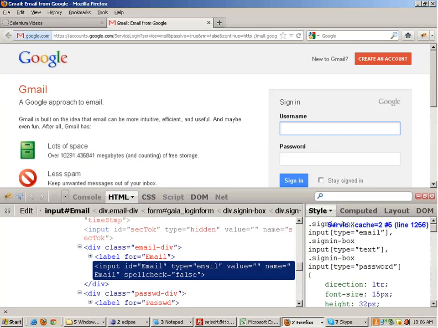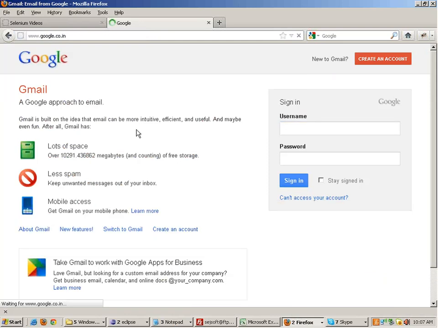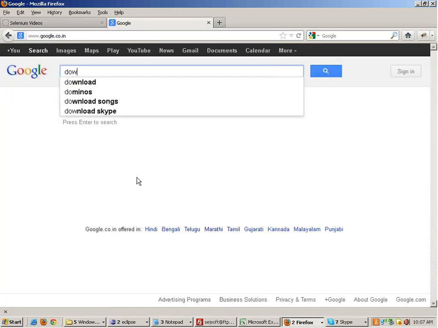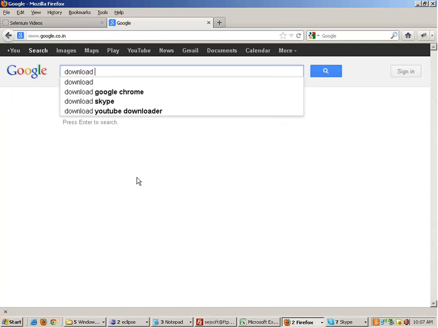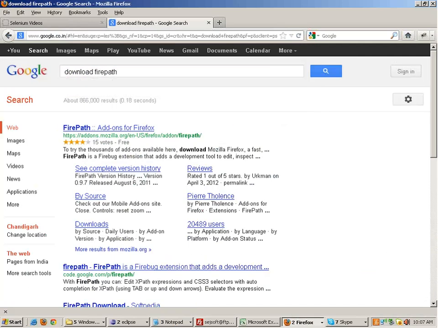To understand it in a better way, we go to Google and say download Firepath. Firepath is an add-on in Firefox which gets installed on top of Firebug. You install the Firepath add-on,